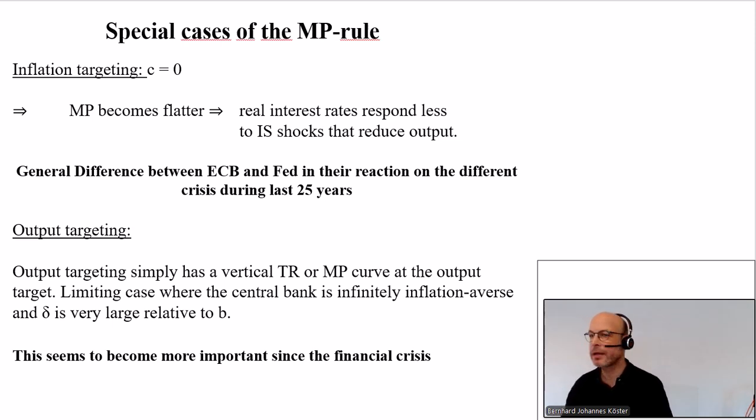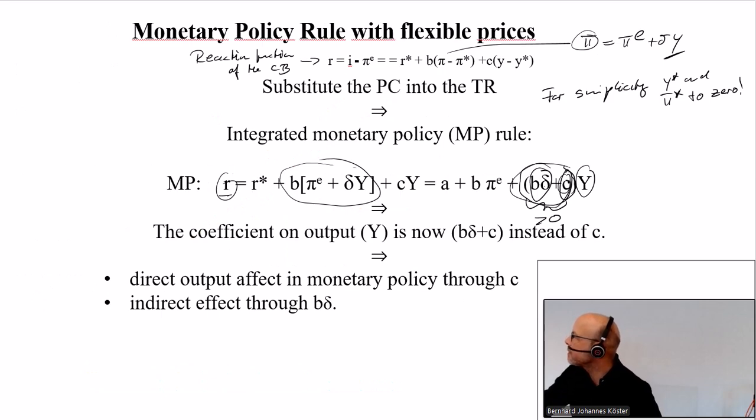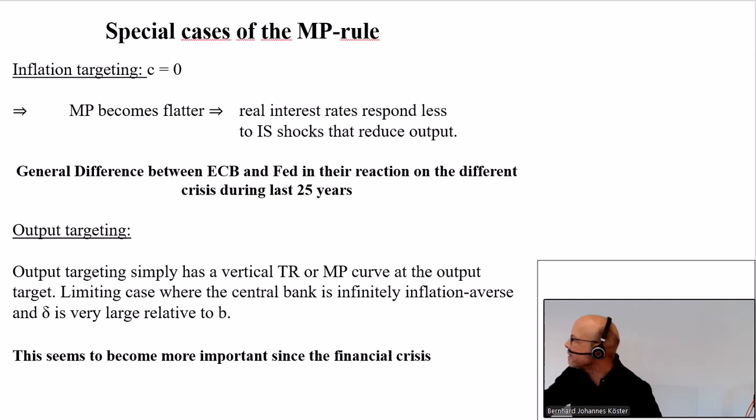And then we also can do it in the opposite way, that we do not care, so to speak, about prices and only focus on the output. This would be that we give more weight on this output gap. And well, this approach was somehow taken a little bit within the financial crisis, because there it was more important to really stabilize the output situation. But in the aftermath, and of course also after Corona, we do not see this kind of output targeting in reality,